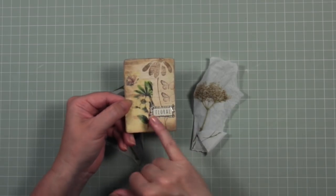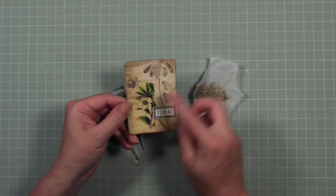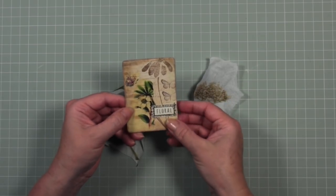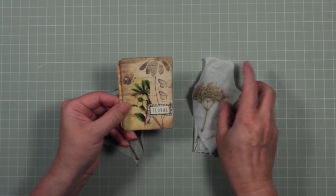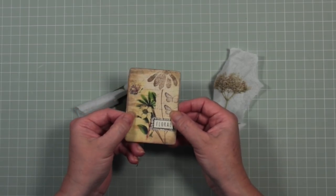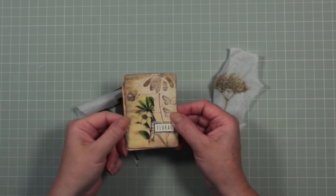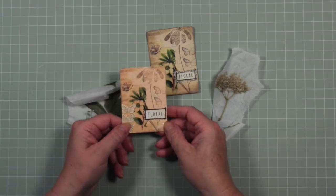If you've got a napkin that's got maybe some flowers or something on it, or a design that you like, then just rip around the image and just glue it onto your ATC. Having done that, I thought, well, that's nice, I like that. I'm gonna photocopy that, I'm gonna scan that, and I'm gonna store it on my computer to remind me of what I did. And so I stored it, I printed it,